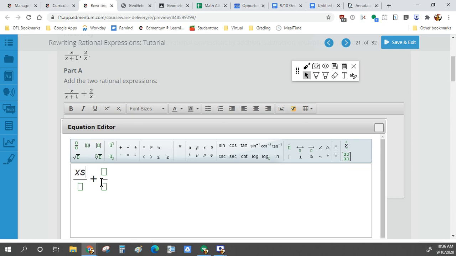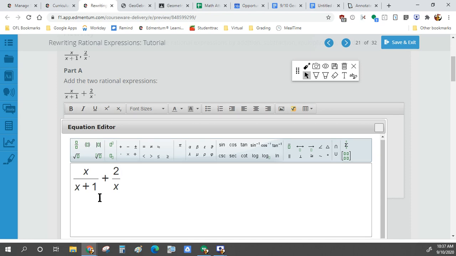This becomes x over x plus 1. And this is 2 over x. And this is the same thing as saying I want both of them to be the same. So notice here how this has an x at the bottom, but this has an x plus 1. Those are two different things. So what I'm going to have to do here is this first one, I'm going to do as x times